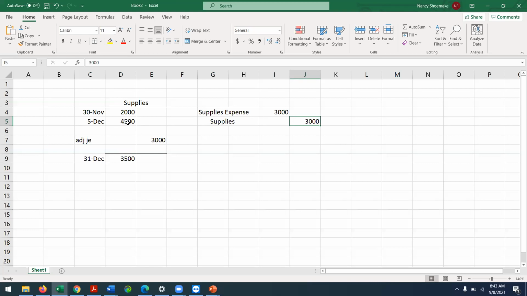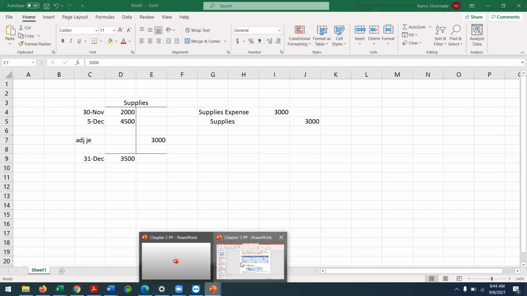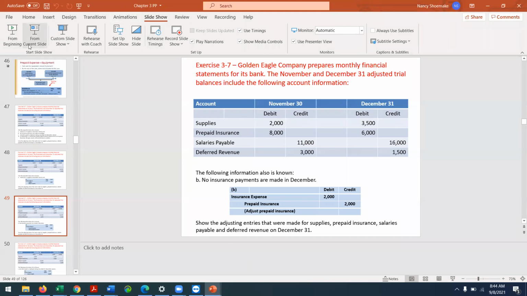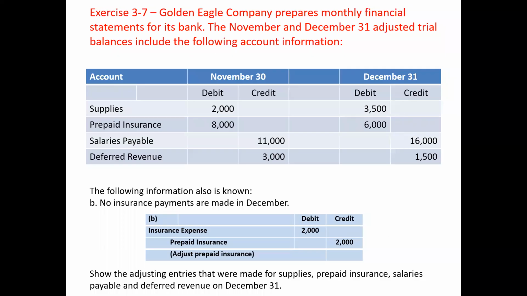to show we don't have 6,500 in supplies. We only have 3,500 in supplies. Therefore, we need to create a journal entry to show they've been used up. The cost has been incurred, which shows a supplies expense of 3,000, and we credit our supplies of 3,000. Okay, next. Next shows